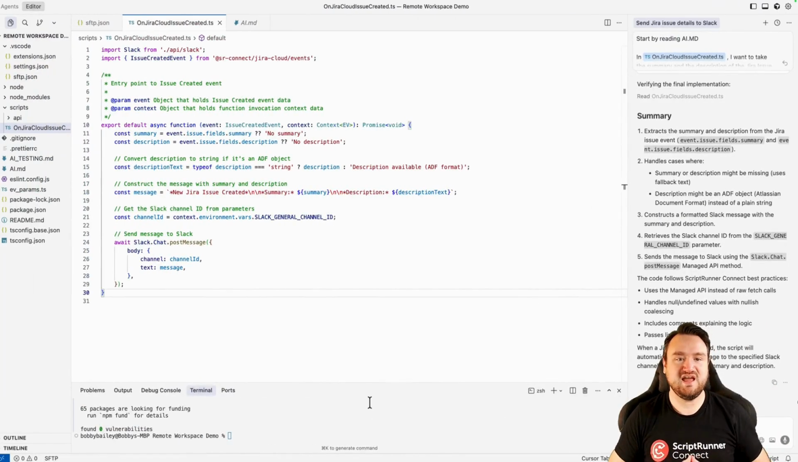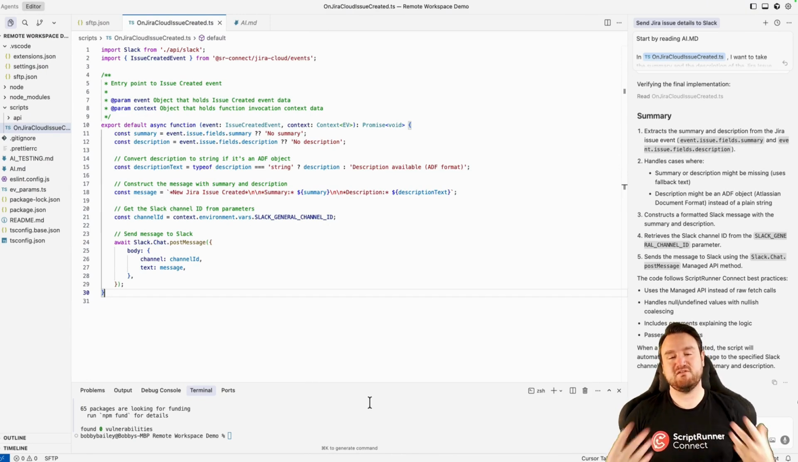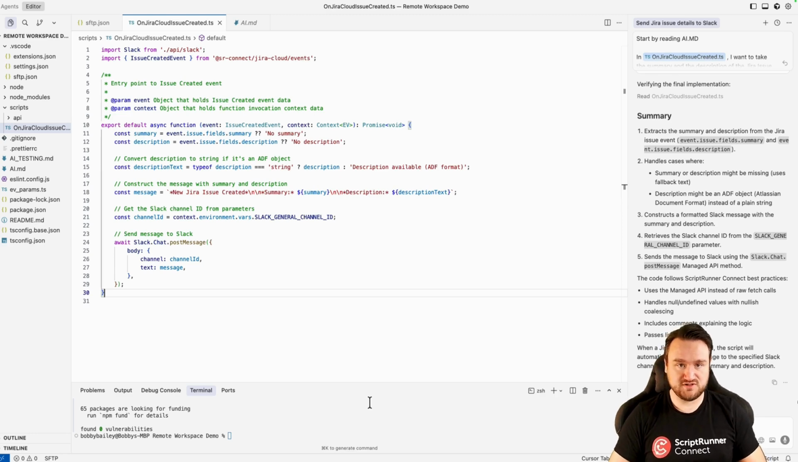So this is, as we mentioned, a very powerful tool that you can use to slash the time to development on your features, on your solutions. Obviously, it has the context of ScriptRunner Connect and the ability to use the managed APIs and understand it. Not only that, but the event listeners, etc. Obviously, it's an AI tool. It has knowledge even outside of ScriptRunner Connect. So, for example,